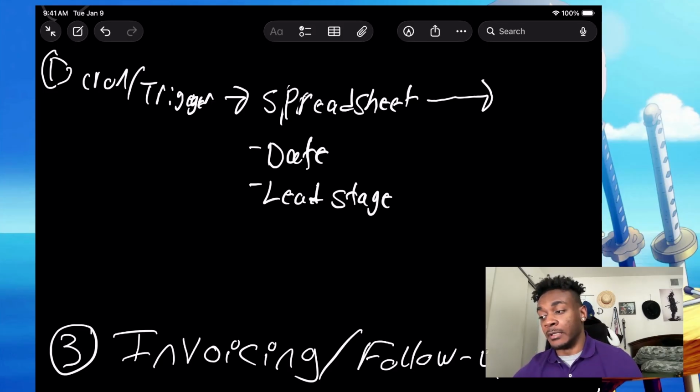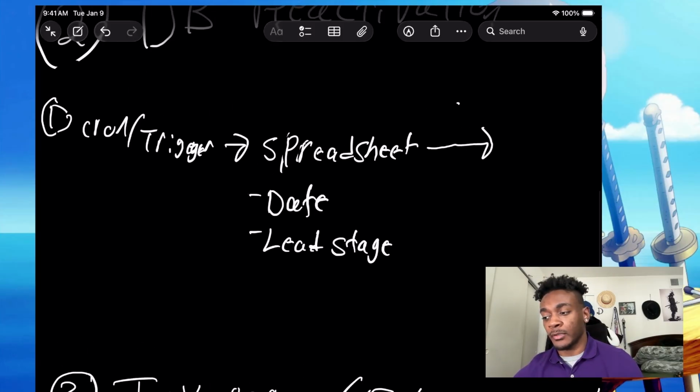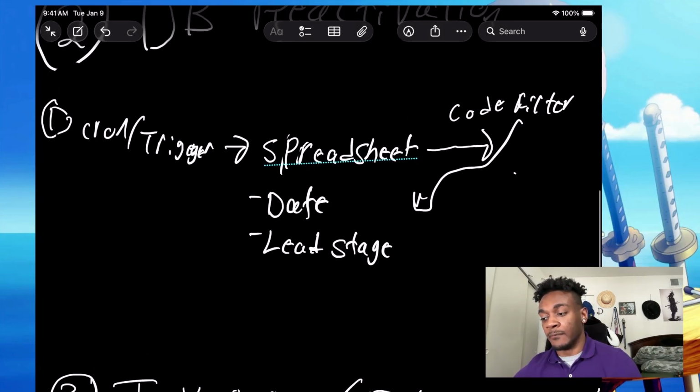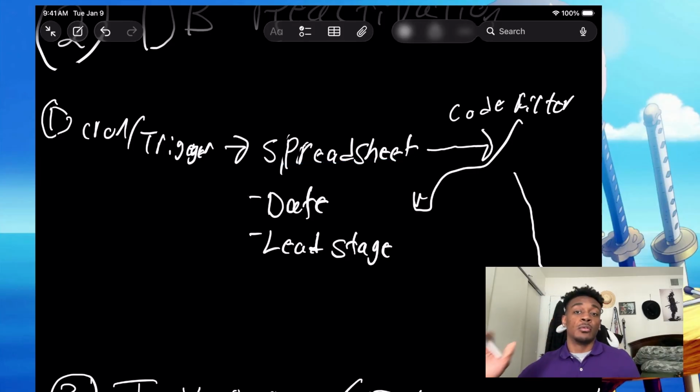So let's just say you can do this in N8N. You can do this with the spreadsheet node from Google, but again, you can just set up a code filter to only take the ones that match this criteria right here, right? So after that, if you want, you can just say, okay, boom, now that we've done that, you could now